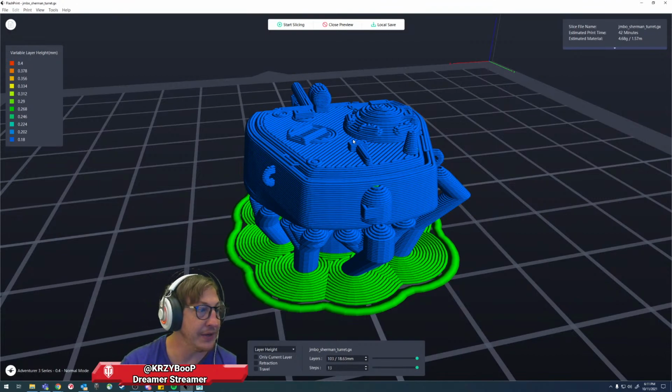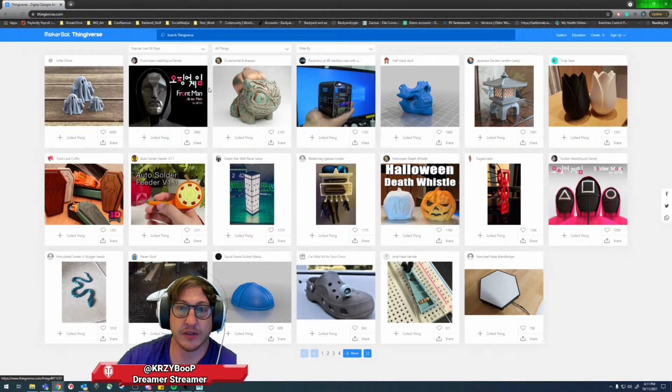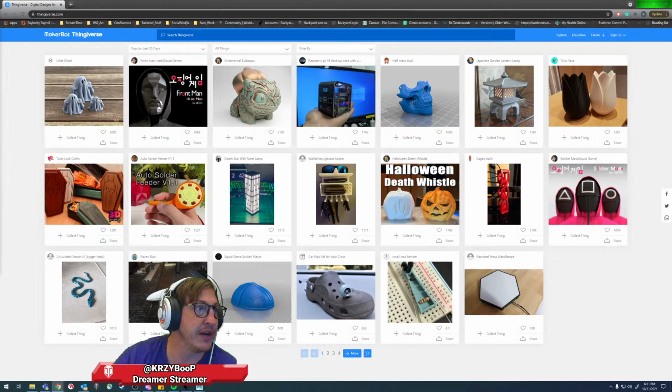So while I do that, I'll let you guys browse the internet. Isn't that fun? I can do that for you guys. This is Thingiverse. This is a community kind of like World of Tanks community, and they have everything that you can imagine you can 3D print. They've probably thought of it already. Any type of tank, any type of...